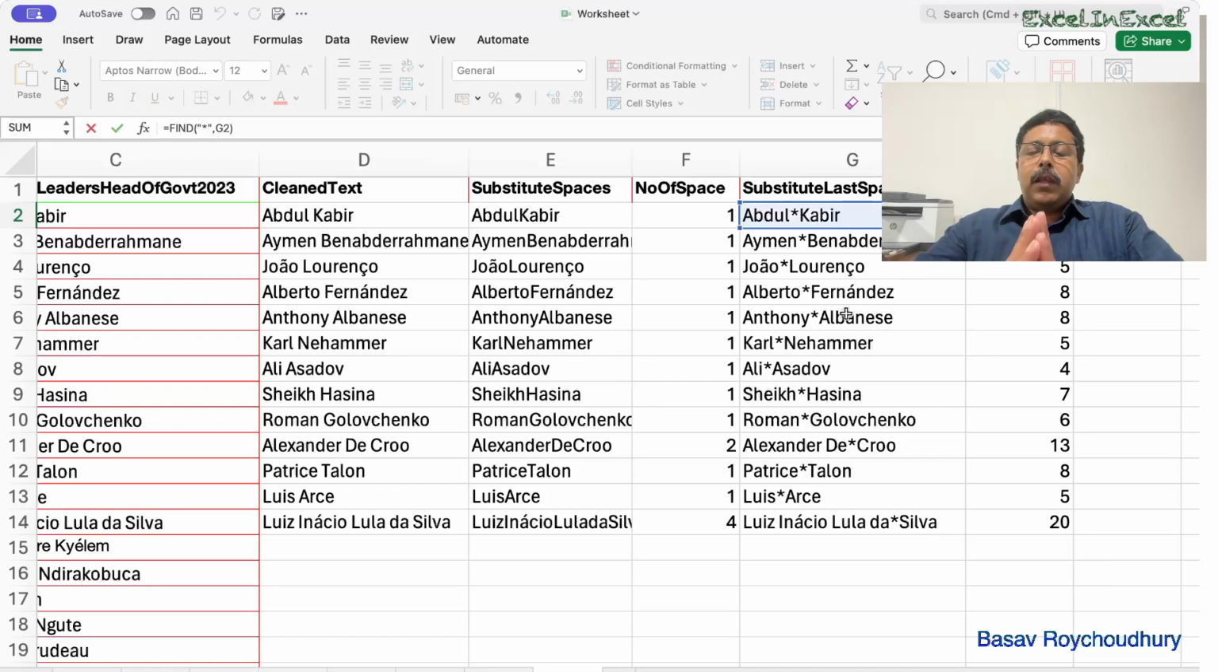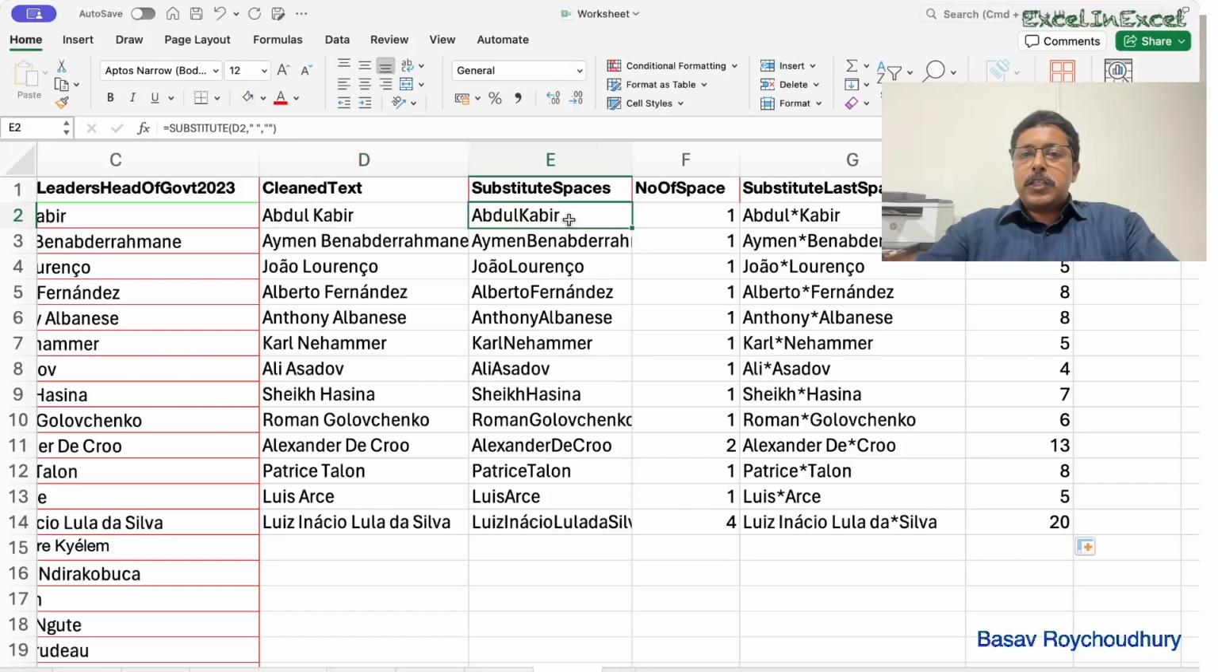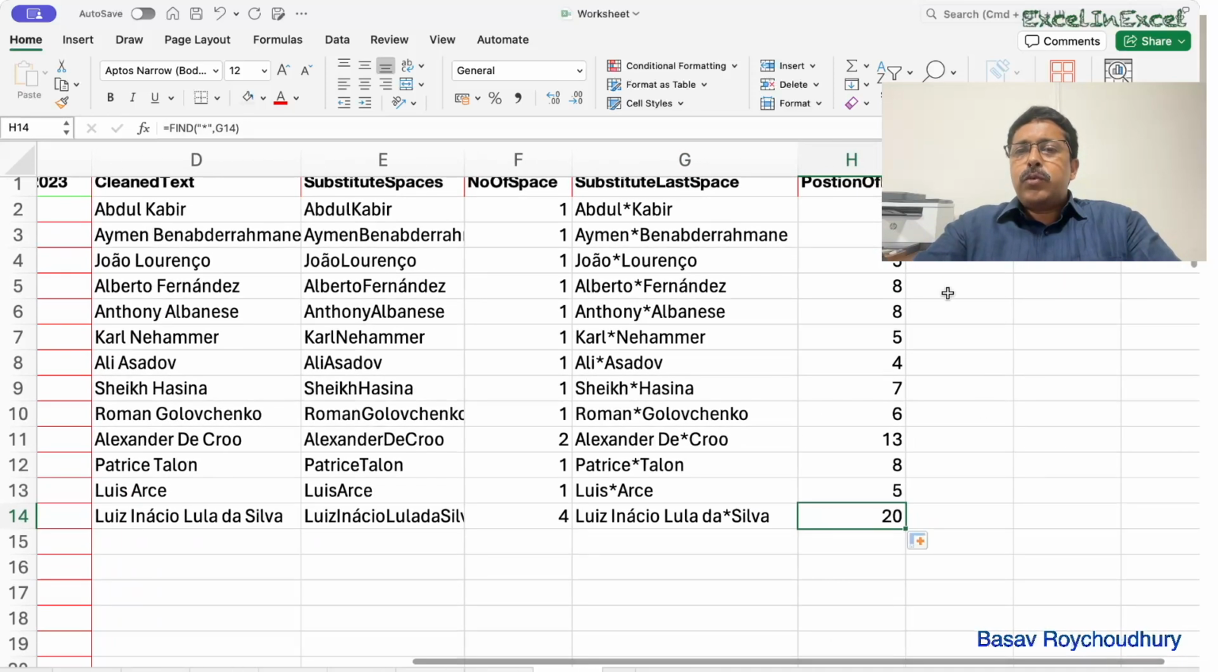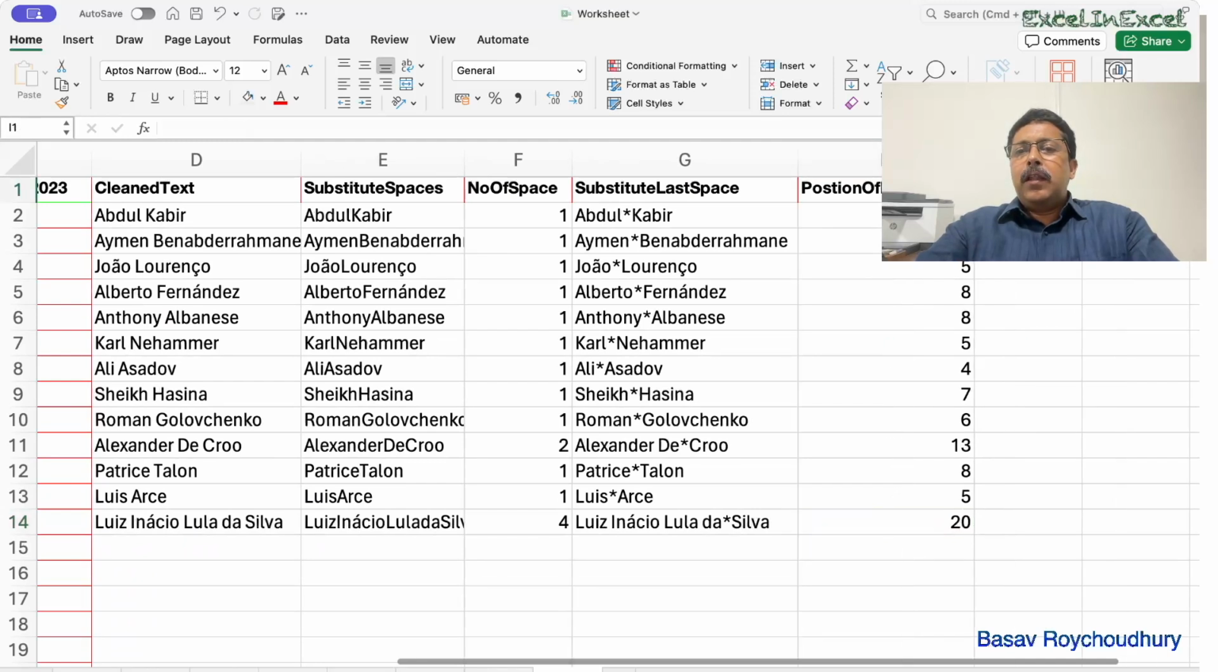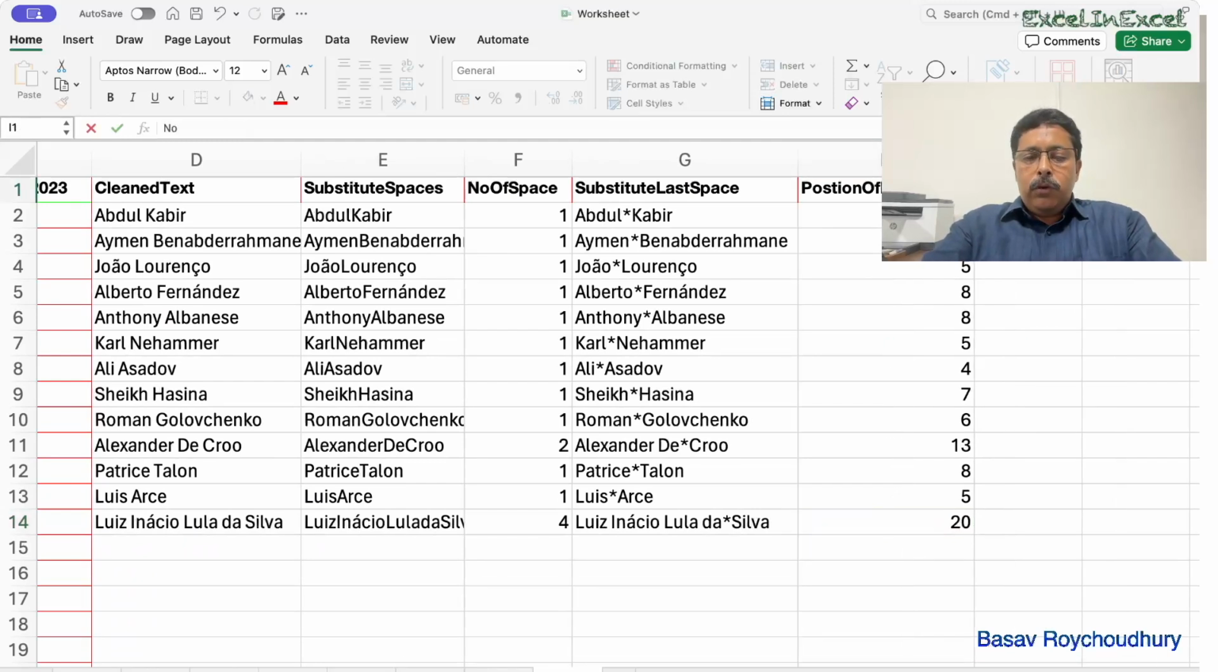So see the logic. The logic is, we first take the name, we remove all the spaces, we find the difference in their length, and that tells us how many spaces were there in the name. Then we replace the last space with something that will never appear in a name, an asterisk or something like that, and then we find the position of that asterisk. Because the asterisk is now in the last space, I find the position of the last space, and once we have found that, of course we know how many